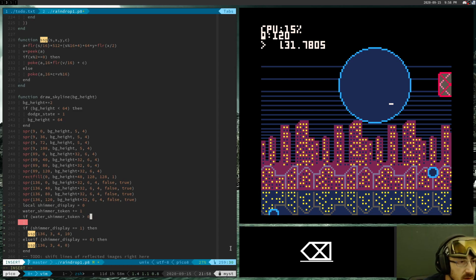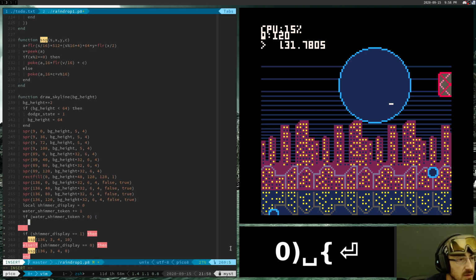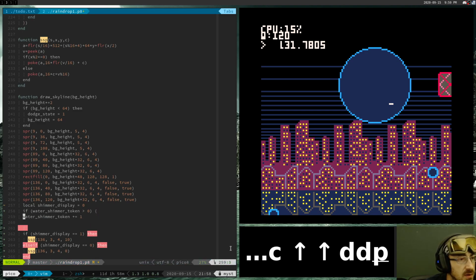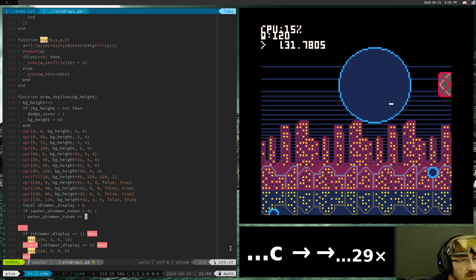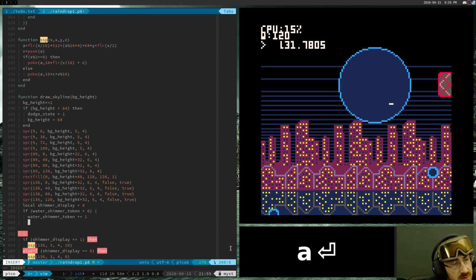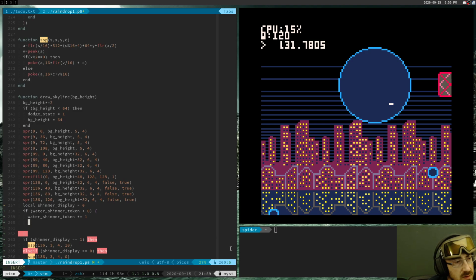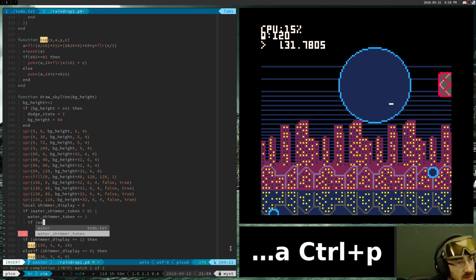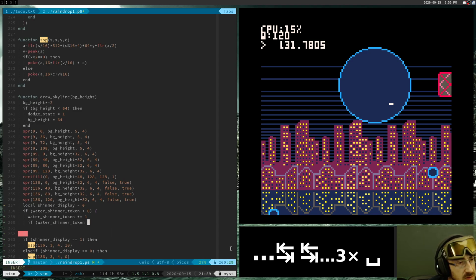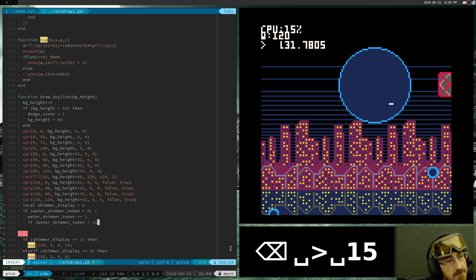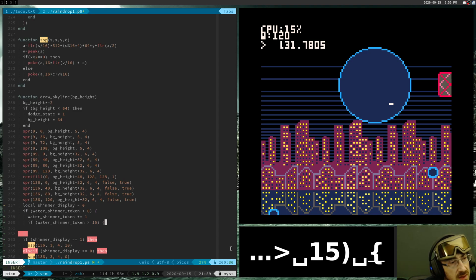Okay, so if it's greater than 0, then you want to keep adding 1 until it's, now then if it is equal to 15, is greater than 15, then shimmer token is greater than 15, then